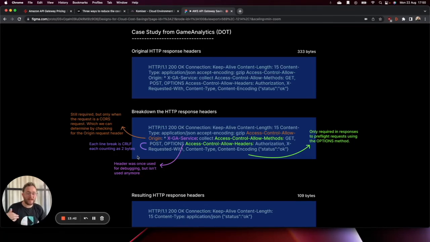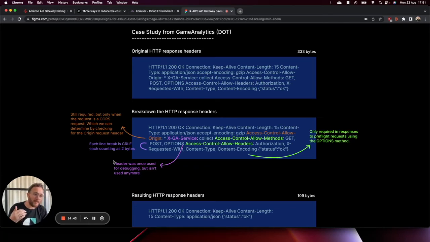They realized too that each line break is a CRLF, a carriage return or line feed. And these are control characters or byte code that can be used to mark a line break. And those come with a byte cost there. They saw that the header X-GA-Service was a header used in the past for debugging, but they didn't need it anymore. And they also managed to reduce the access control allow origin header in some cases,